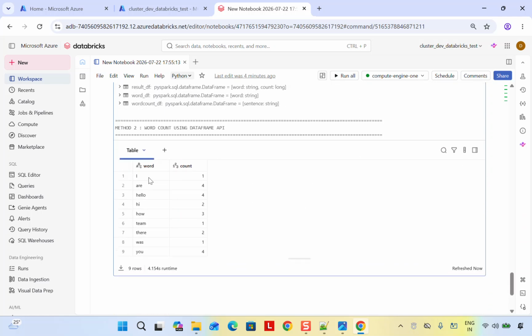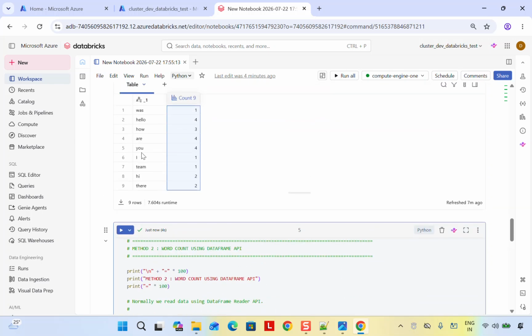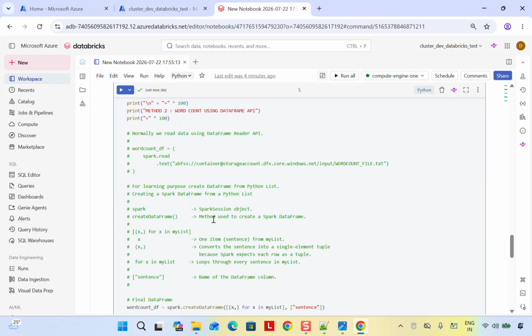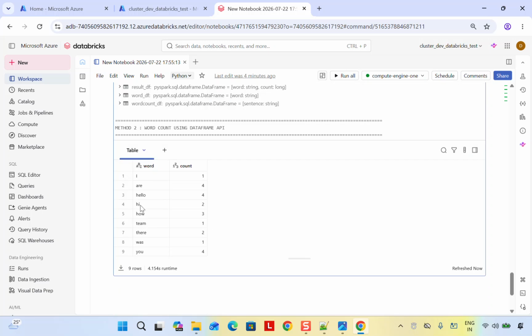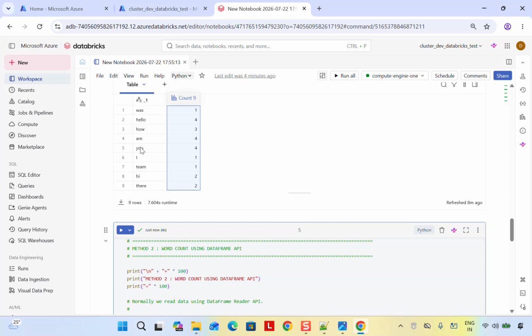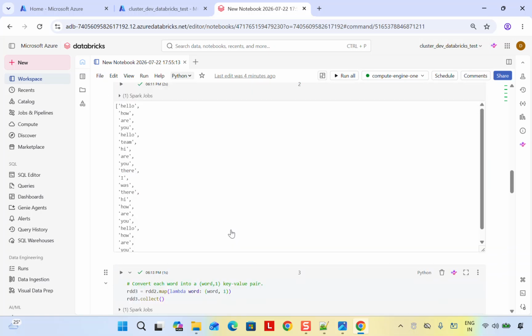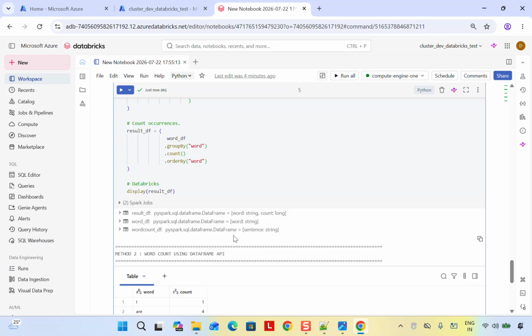Yeah, see, we are getting the output. Hello is 4 times here, hi is 2 times here, how is 3 times. So it is matching. So we are getting the same output, but the code that we have written in different ways, right? So using different